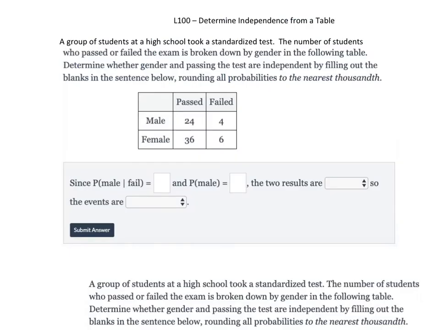It says a group of students at a high school took a standardized test. The number of students who passed or failed the exam is broken down by gender in the following table. Determine whether gender, so here's our one thing, and passing the test are independent by filling out the blanks in the sentence below. So first off, just like any table,